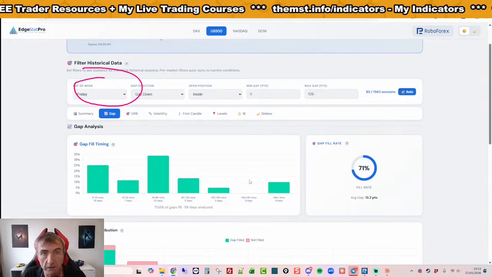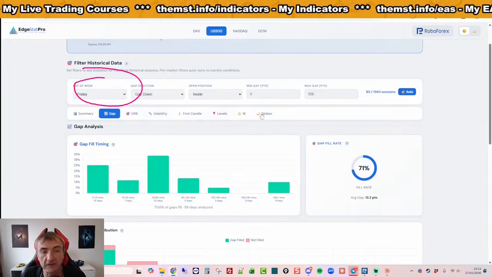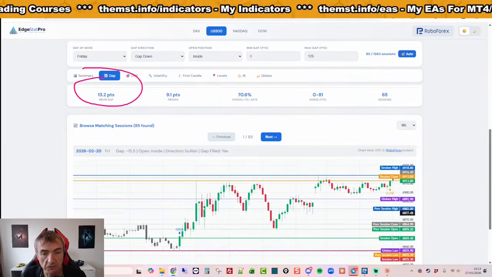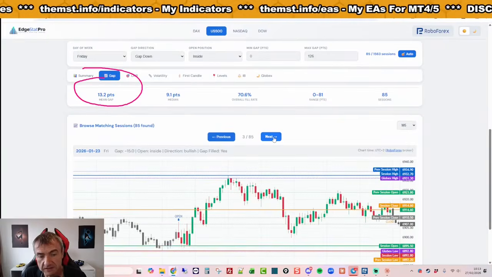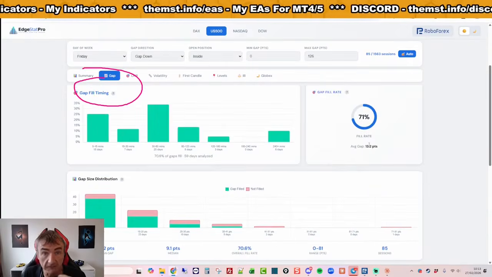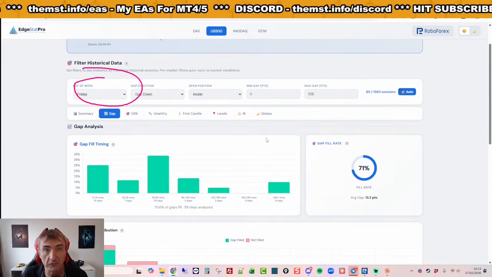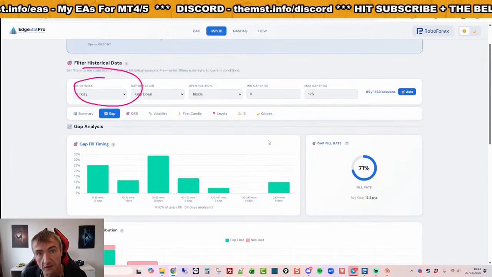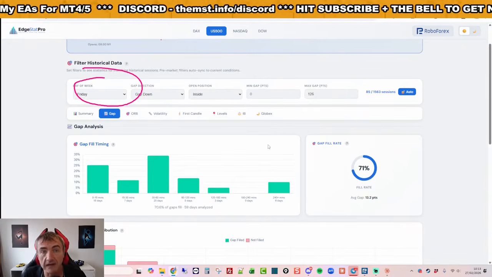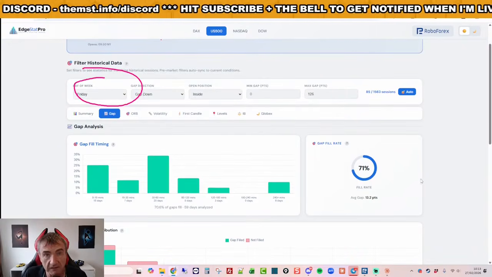It's like, I want to know, show me every day in the last 5 years where this has happened. Show me the charts for it. I want to see how the days played out. I want to know what the probabilities are of things happening. We know that the market does certain things every day. It goes for levels, it goes for highs, it goes for lows, it goes for closes. It does the same thing every day. It always tries and achieves something. So show me what the probabilities are.